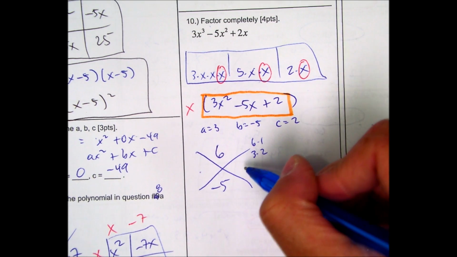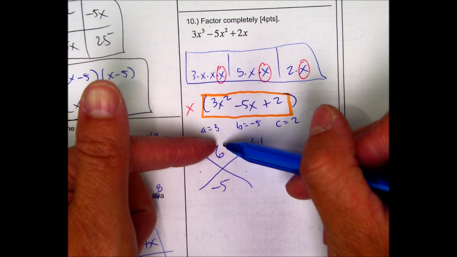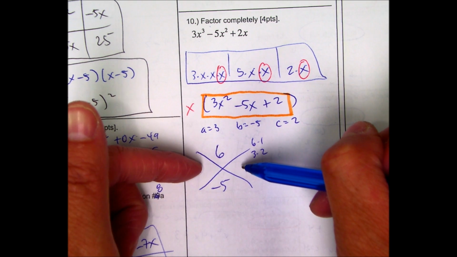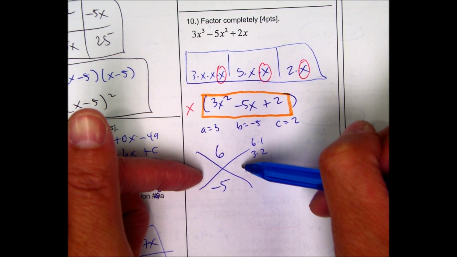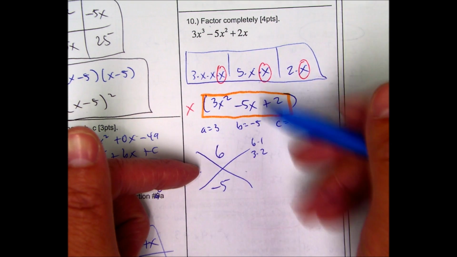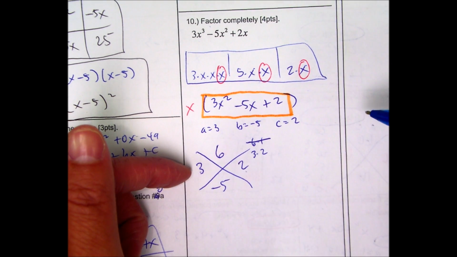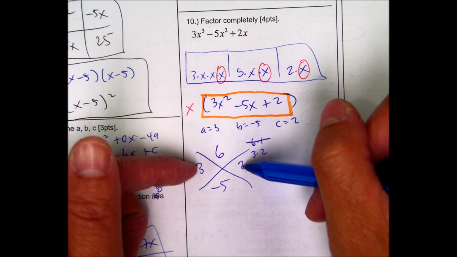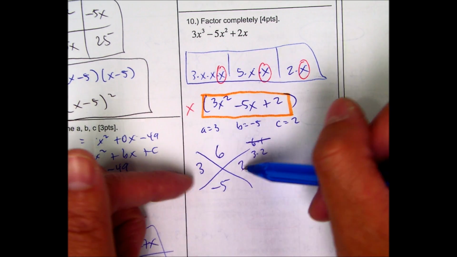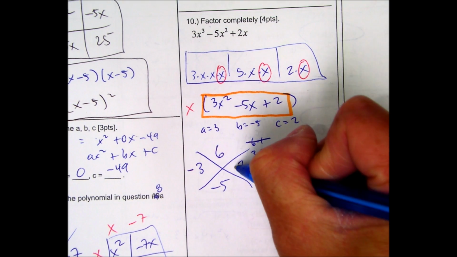Well, if I put 6 and 1, that multiplies to be 6. But I can't have a -6 and a -1. -6 plus a -1 equal -7. So 6 and 1 don't work. If I try 3 and 2, those multiply to be a positive 6, but those also add to be a negative number. So if I put -3 and a -2,